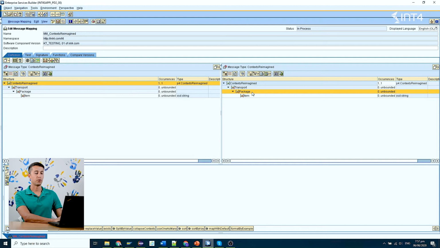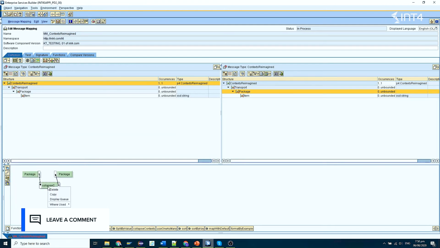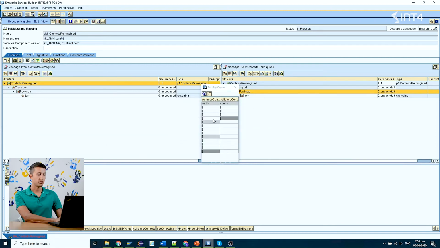So let's move now to the package node. We have multiple occurrences of the package node under the transports, and we want in the target structure to have one package for each transport node. So this is exactly what collapse context does. And let's see how the queue looks on the collapse context function. You can see that we had multiple occurrences of the node package in the source structure, and now we have only one occurrence